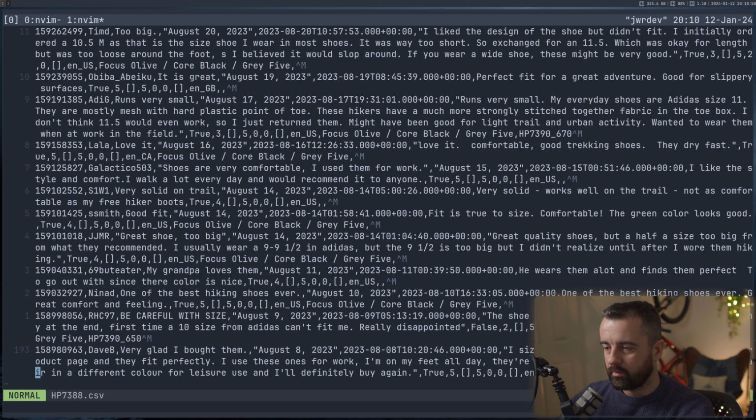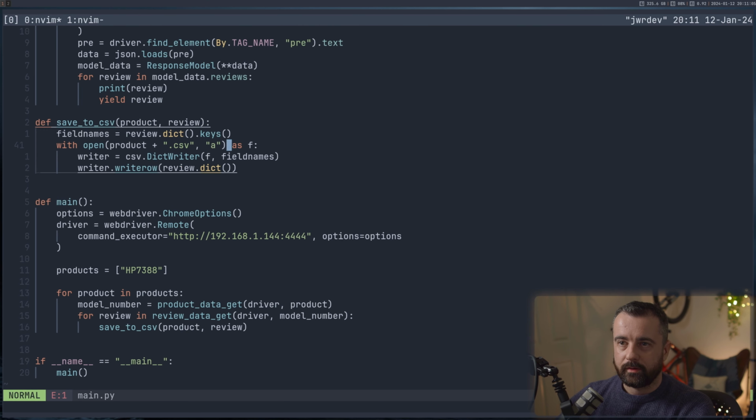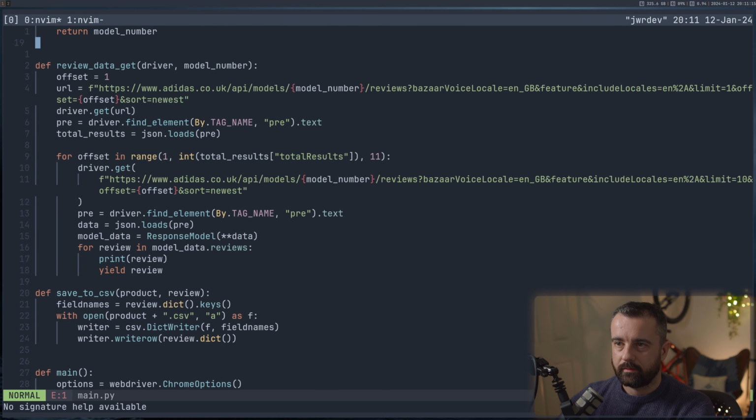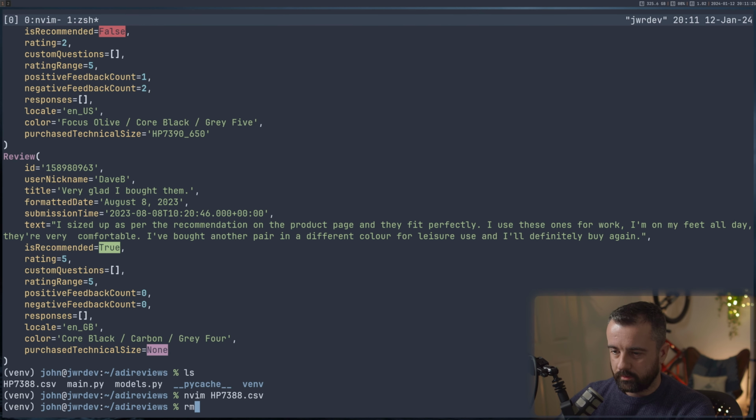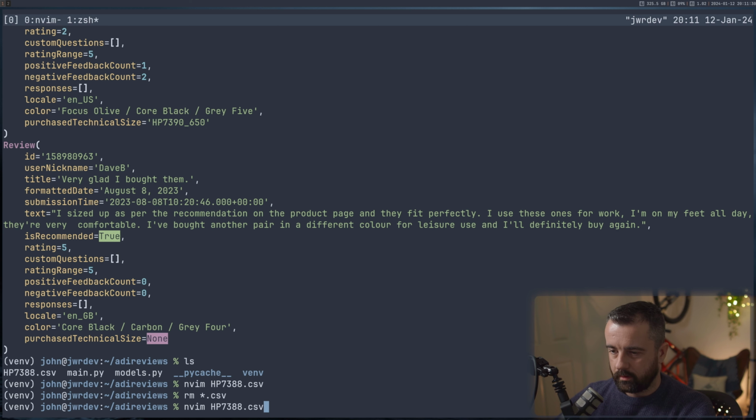So I think I've done something wrong with my offset. That would need fixing. But basically we should have 210. So I would need to sort that out. But you can see here, this is how I've gone about this. You can see how I've looked and found the API. You can see how we could add more products to this. Let me go back and just fix my thing. Should this be 10? We'll find out. And we'll just remove our